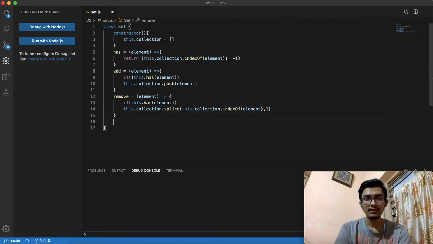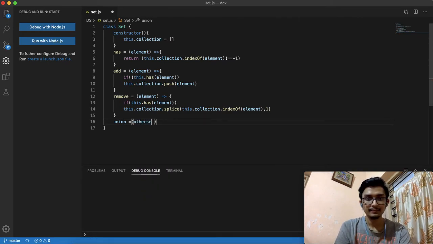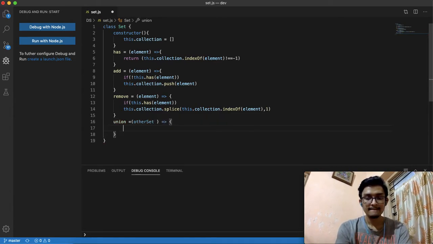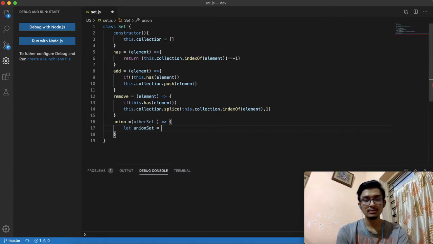Okay. The next functionality which is associated with a set is union of two sets. So union functionality will take in one set which is the other set. Let's say, let unionSet equals new Set.